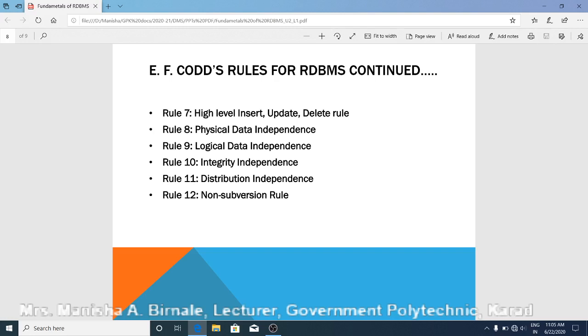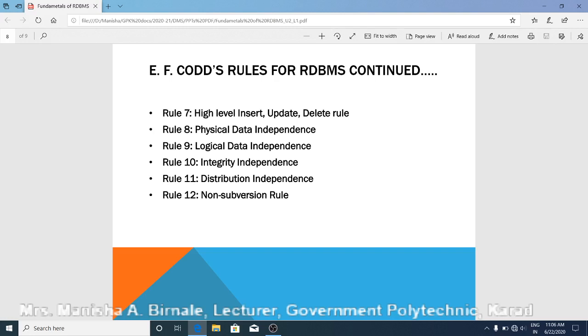Sometimes a graphical user interface is provided by database systems to access the database. We know that a database can be accessed using a language like structured query language, but sometimes an RDBMS also provides a graphical user interface so that the user can interact with the database easily.